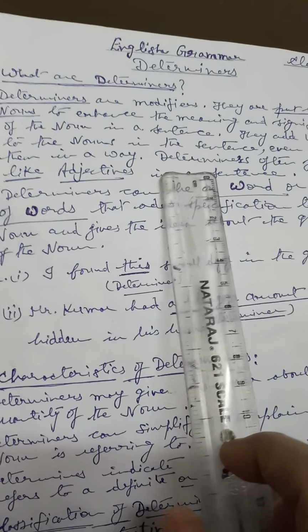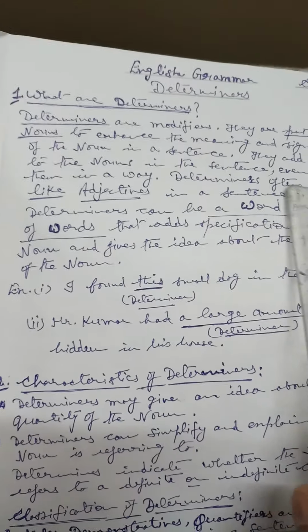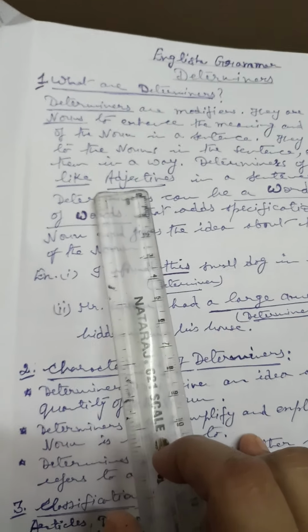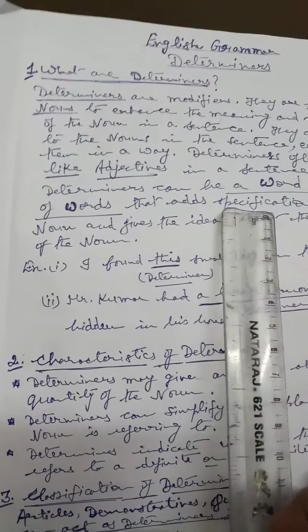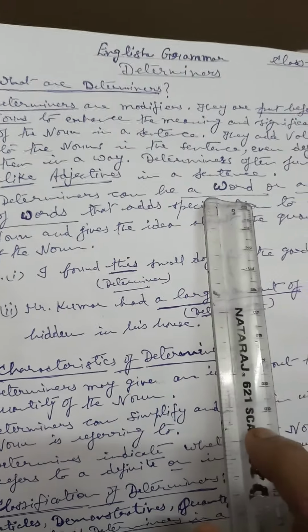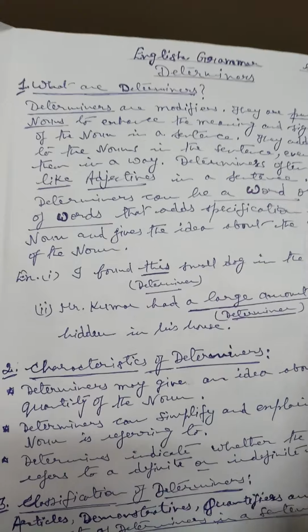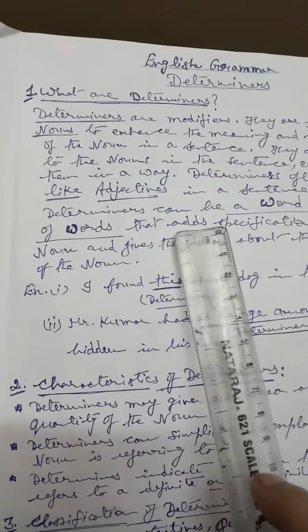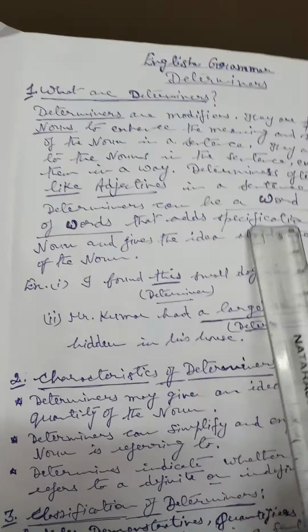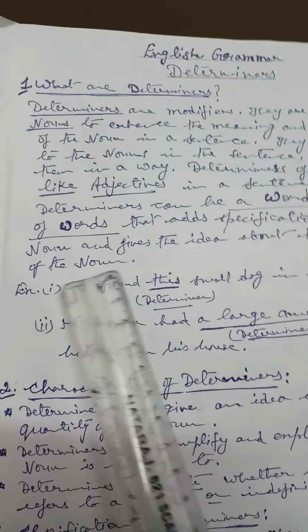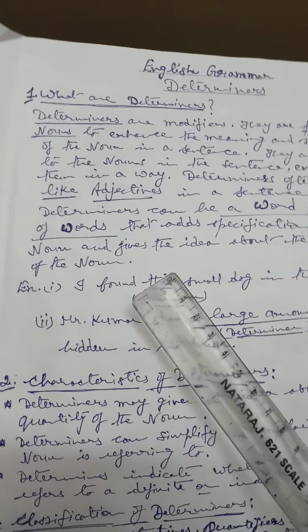Determiners often function like adjectives in a sentence. Determiners can be a word, it means only one word, or a group of words that adds specification to the noun and gives the idea about the quantity of the noun. Now, for example,